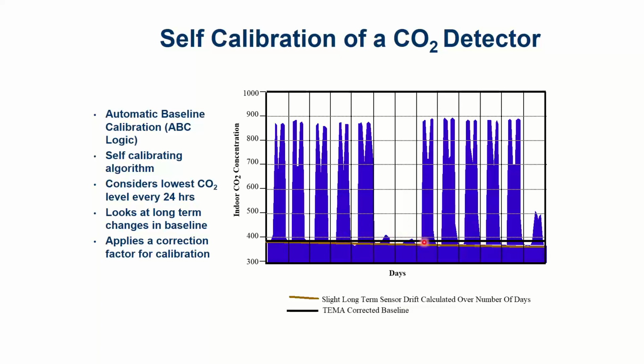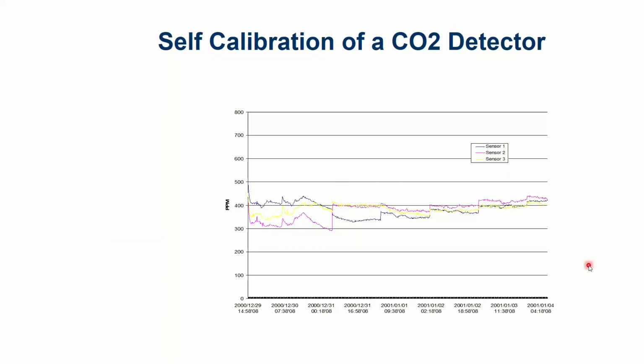They know every night it gets back to that low-end baseline, whatever that is for outdoors, and they keep calibrating themselves back to that. So this was showing that over the course of, I don't know, 2 weeks, it looks like. This is the same kind of thing. What is this? This is 3 sensors over the span of a week, and they're a little bit further apart, and they eventually, over the course of the week, end up getting numbers that are plus or minus 20, 25 parts per million of each other,